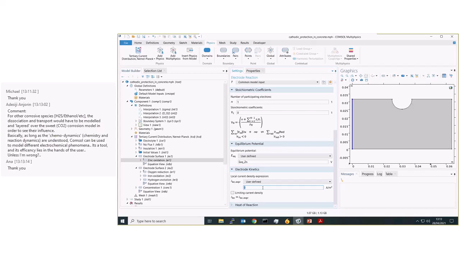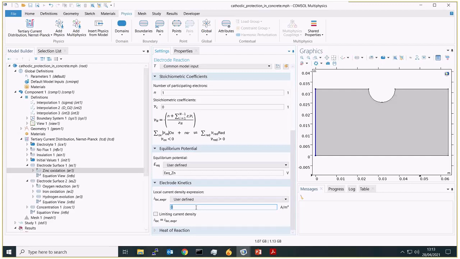Basically, as long as the chemistry and reaction dynamics are understood, COMSOL can be used to model different electrochemical phenomena. It's a tool and its efficiency lies in the hands of the user, unless I'm wrong. I'd agree with that, yeah. Yeah, that's what I understood as well.